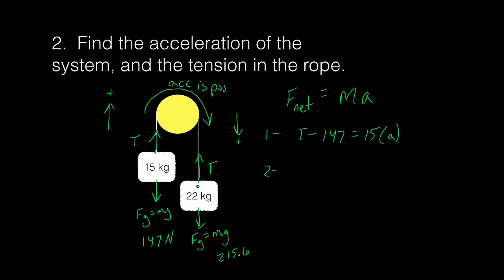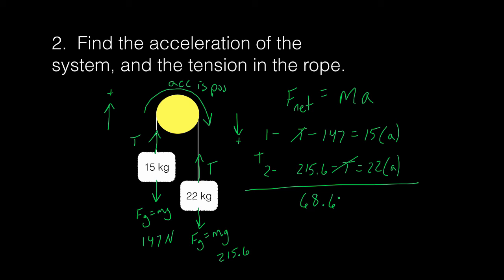Okay, and let's create an equation for this side now. We said down was positive, so this force of gravity, which is 215.6, is going to be positive, minus everything that's going up, which is tension, and that's going to be equal to 22 times acceleration. Okay, and we're going to add those two equations together. And you should notice that our tension, we have a positive tension on top and a minus tension here, will cancel out. So we got positive 215.6 minus 147, and that's going to be equal to 68.6. And remember we're adding these two equations together, so 15 plus 22, and that is 37